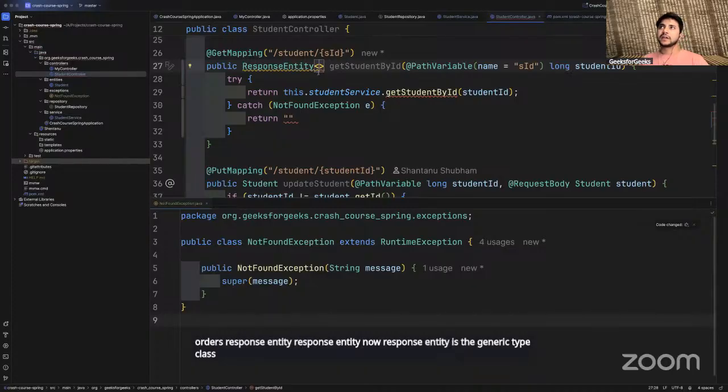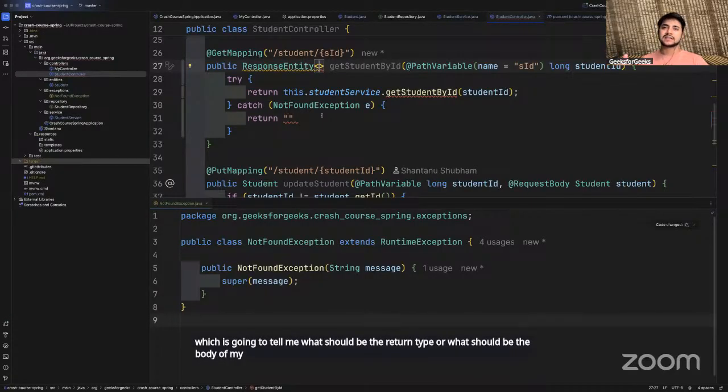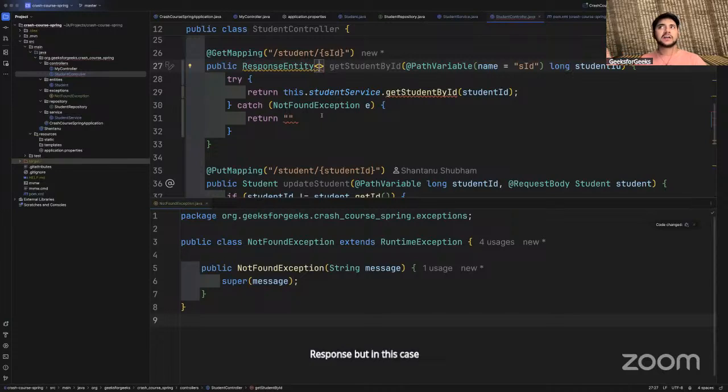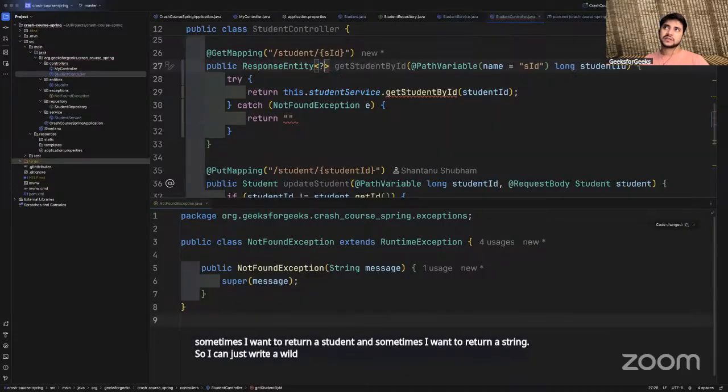ResponseEntity is a generic type class. So in these triangular brackets, I have to write the class which is going to tell me what should be the return type, or the body of my response. But in this case, I have multiple different types of body. Sometimes I want to return a Student and sometimes a String. So I can just write a wildcard entry, which is a question mark.